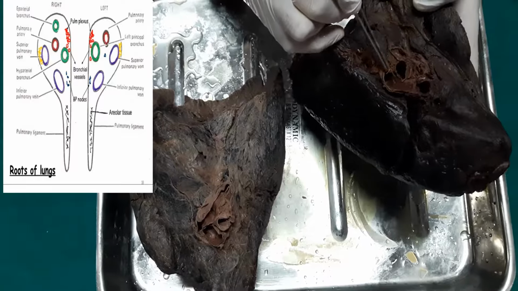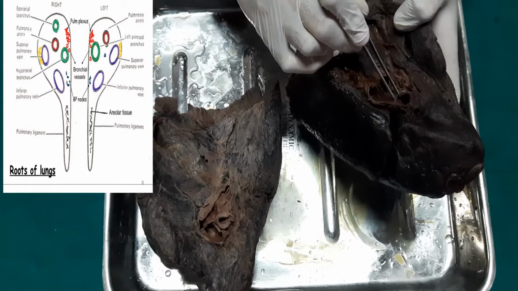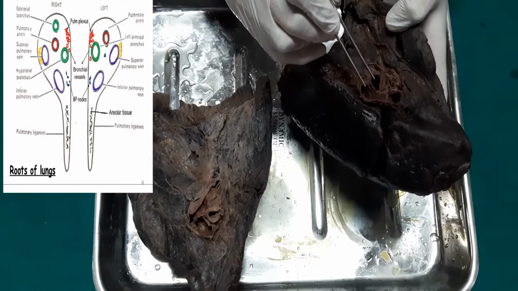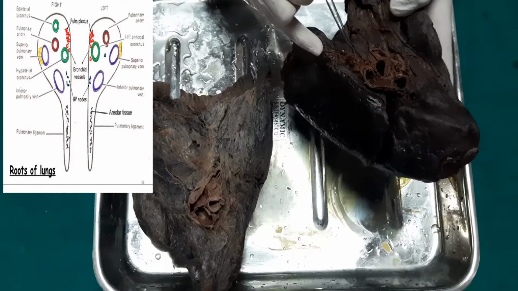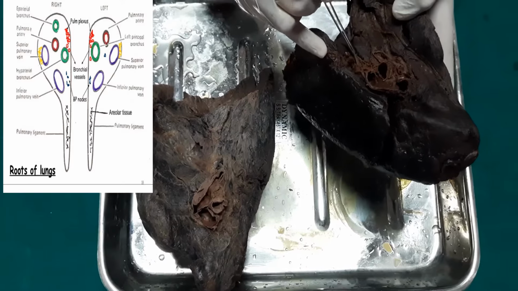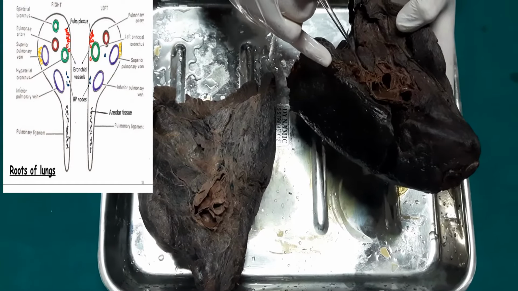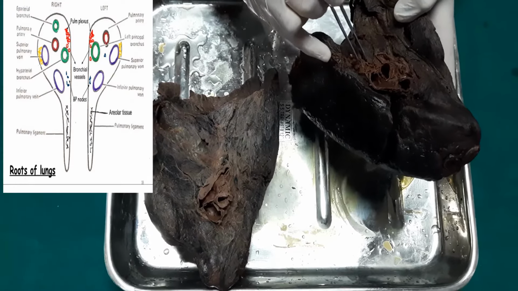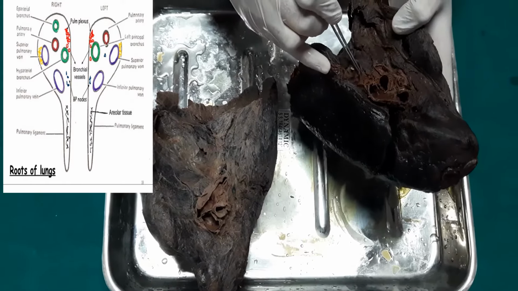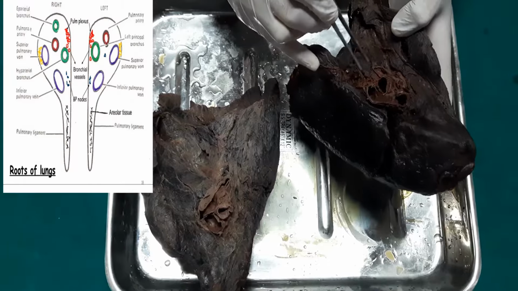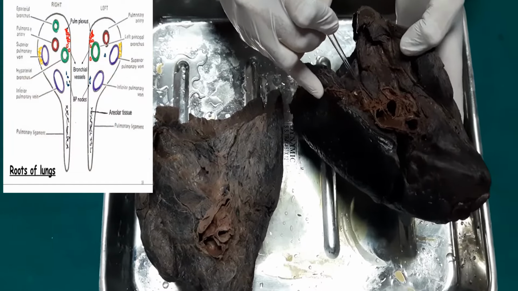So these are the main contents of the root, and this root is at the level of the T5, T6 and T7 vertebrae. In the lower part there is a reflection of the parietal pleura known as the pulmonary ligament. It creates the space, or dead space, for the expansion of the pulmonary vein during inhalation. This is very important, it provides the space, and it is mainly formed by the parietal pleura.